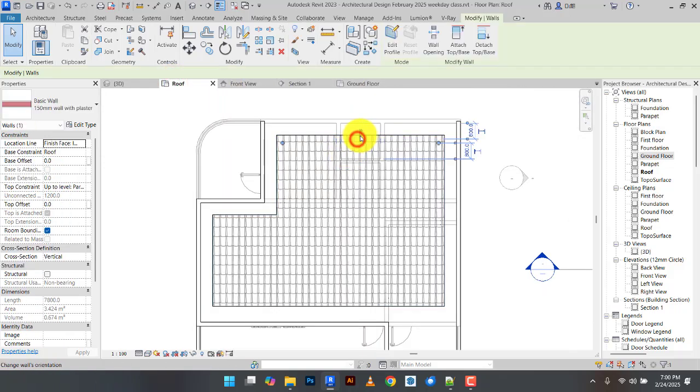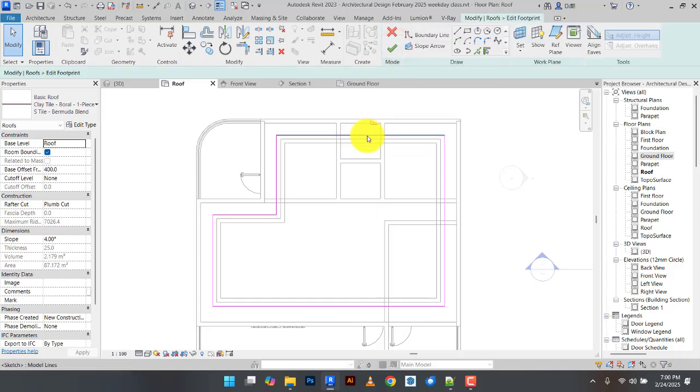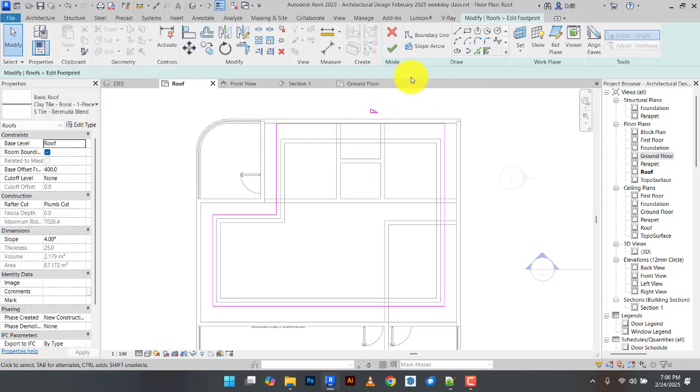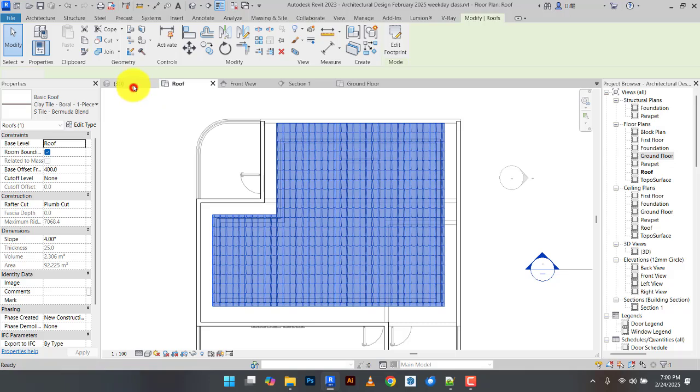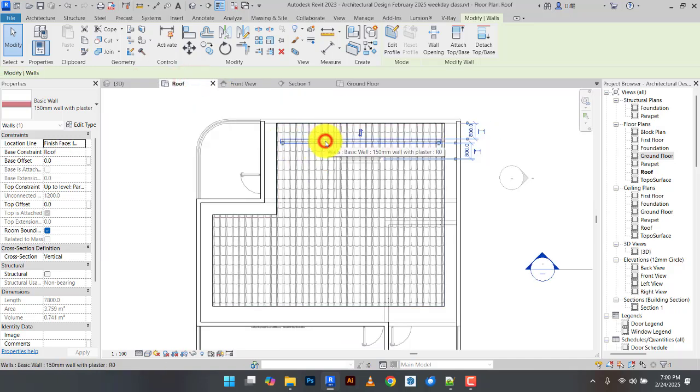So this is the roof. Don't select the roof and push it back. Edit footprint and drag the roof back, the roof line. You get it, the same thing. So you go back there, and it means you have to bring your wall back. You drag it or offset it back so that the wall is